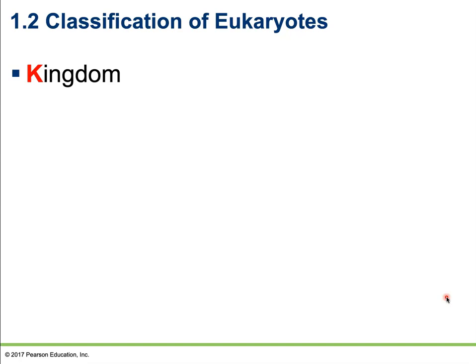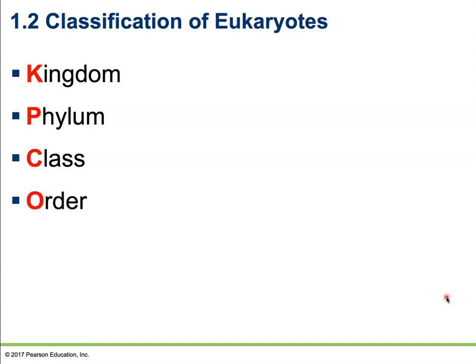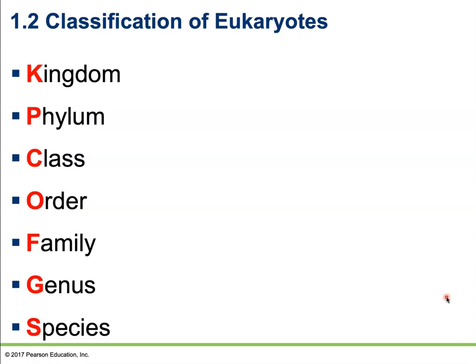So we can break down that group of eukaryotes. We can break them down into kingdoms. We can then further divide them into phyla, then into classes, down into orders, into families, into the genus, and then finally into the various species. Now, there's a very good chance that you will see this question somewhere on your final exam and/or in your homework, where I'll ask you to list the classifications of these eukaryotes in order.